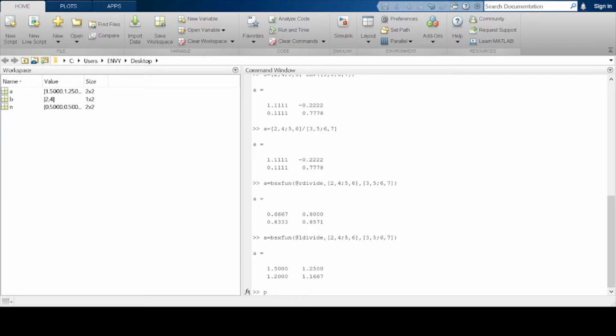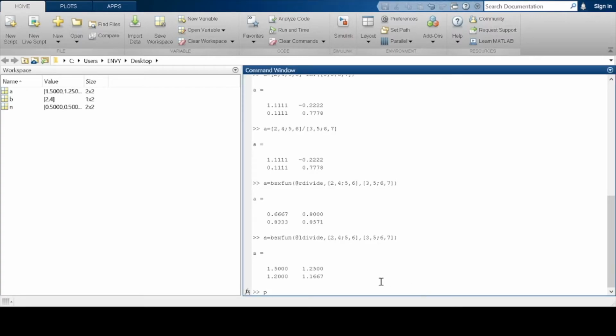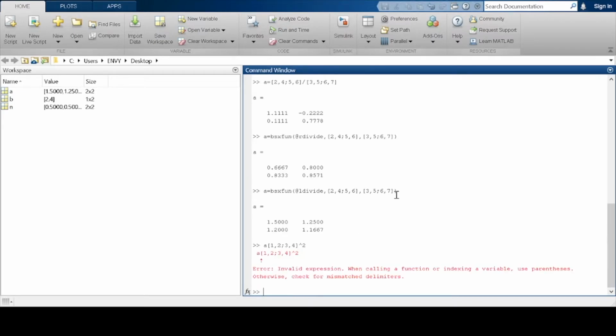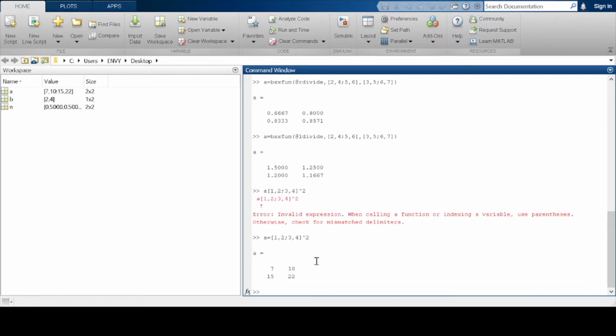Now sometimes you need to obtain the power or root of a matrix. MATLAB provides several different methods for accomplishing this task. The most common method is to use the circumflex to separate the matrix from the power to which you want to raise it. I'll show you how it works. For example, you want to square this matrix. So what you do is you use the circumflex sign, which is this. Sorry, I have to add an equal to sign. So we see that we get the square of this matrix.